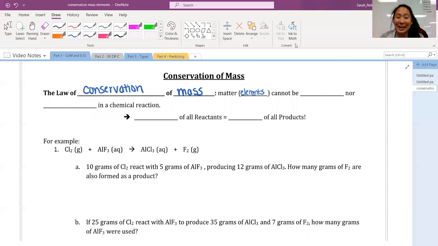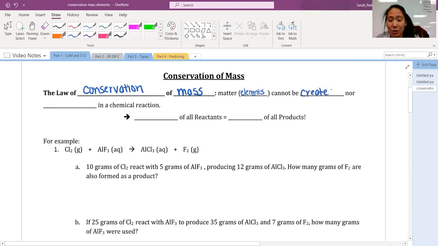Okay, we're going to start a new unit about chemical reactions. In order to understand that, we have to first learn about conservation of mass. Conservation of mass says that matter, which is made out of elements, cannot be created nor destroyed in a chemical reaction. So basically, this means that the sum of all the reactants has to be the sum of all